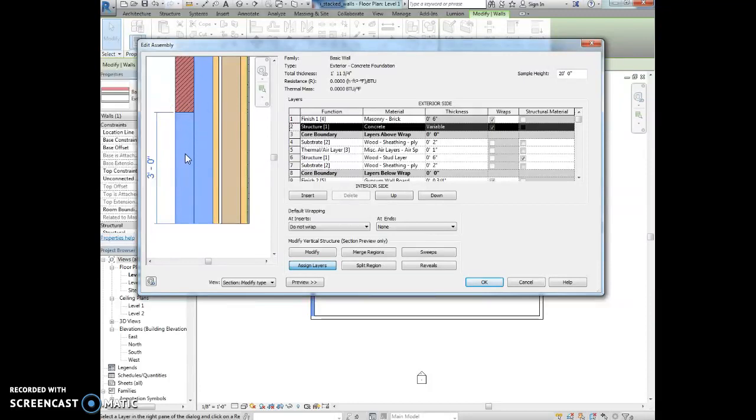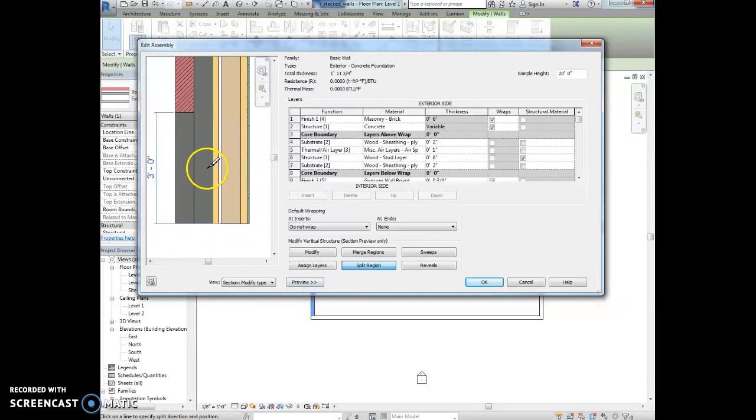You'll get it. Okay, so now I want to select split region again. And I want to cut layer 2 concrete 3'6" from the base. So I've got to go up. I need it to be 3'6". Okay, and once I find that, I'm going to click. And then I want to highlight the layer 1 masonry brick right here, layer 1, right? And I want to pick on the assign layer button, assign layer. And then I'm going to